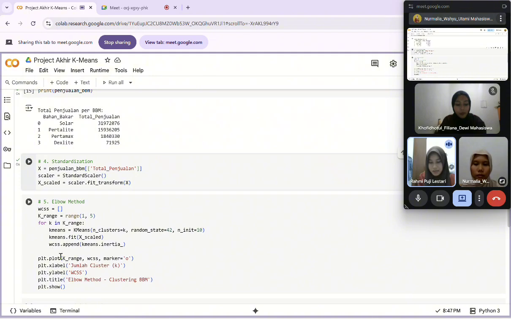We then plot this WCSS value in a graph. From the elbow graph, we can see the elbow point that indicates the optimal number of clusters. In this case, the elbow point is at K=2, so the number of clusters used is 2. Here we run the code.